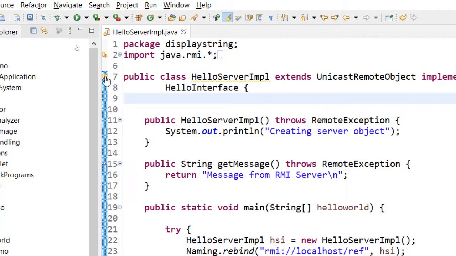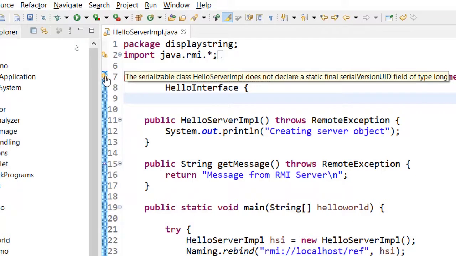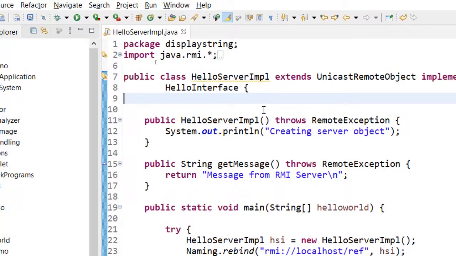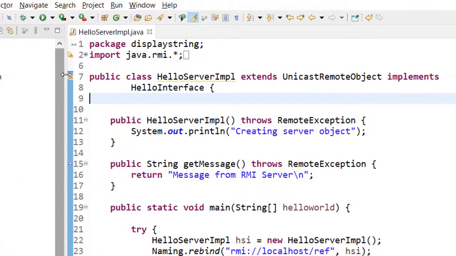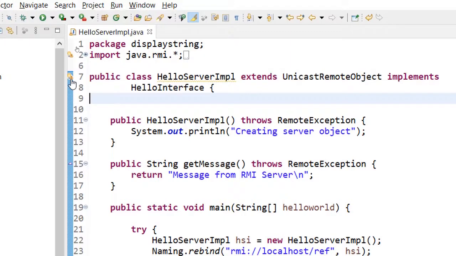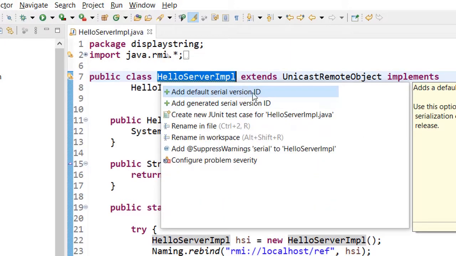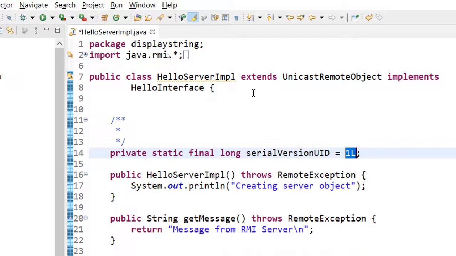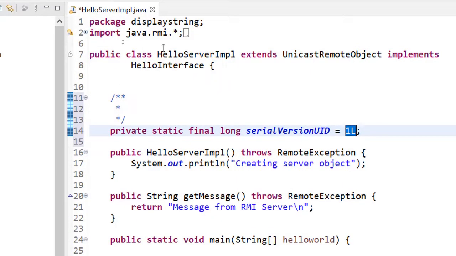Straight away you will see a warning, a bulb icon with a warning symbol. It says the serializable class does not declare a static final serial version UID. You just need to click on this bulb icon and click add serial version, and it will automatically provide that. So this is one more thing you should remember.